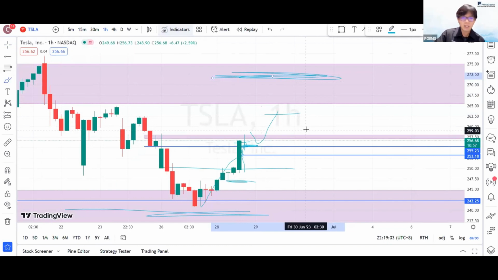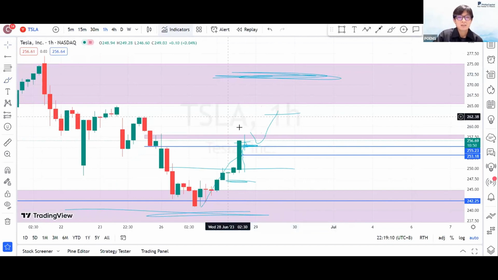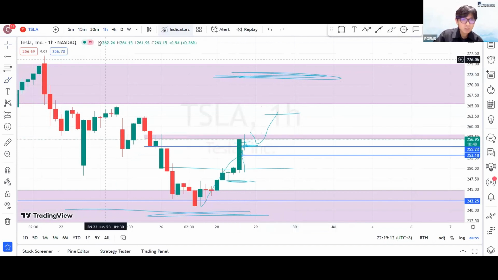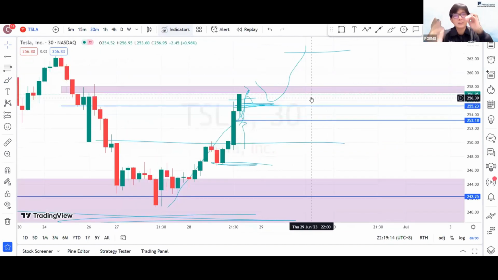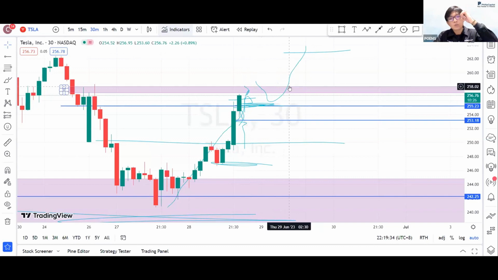Otherwise, I know it's a very bullish candle, a lot of people like to chase, but the thing is, if you chase this candle, it's just always a trade-off between probability and the risk you are going to take. So now it's already running off already at 258. I don't know how you will react here. If we are looking at some rejection coming in, 255 will probably try to hold the movement to continue higher than the 258 basically.